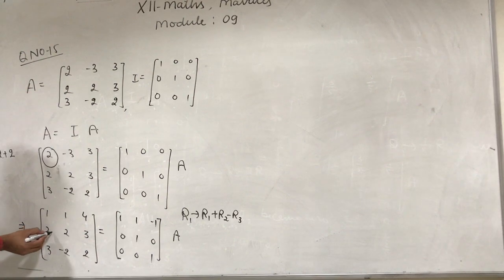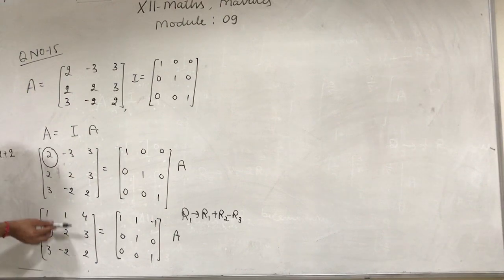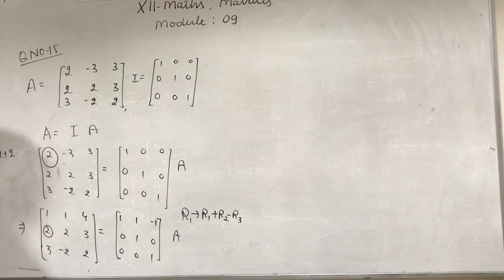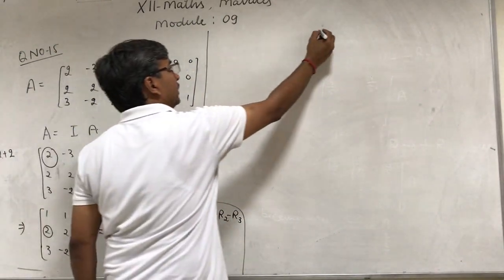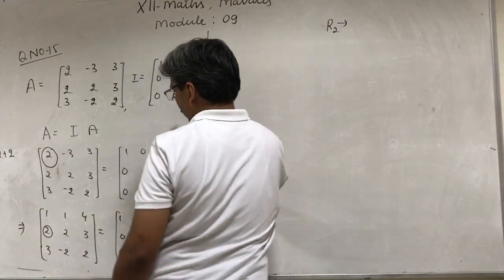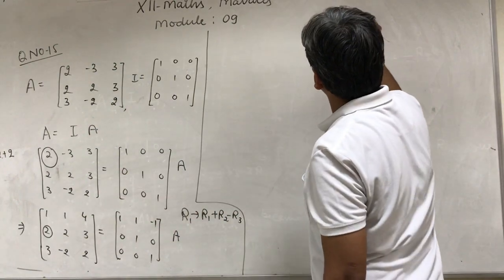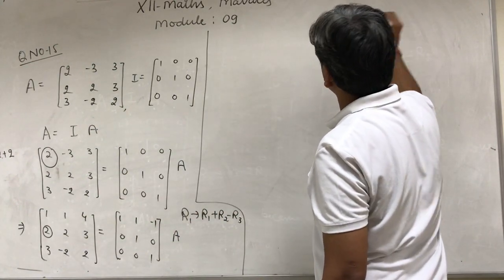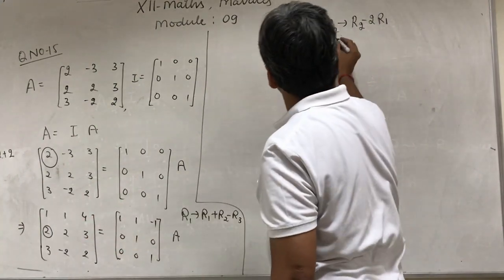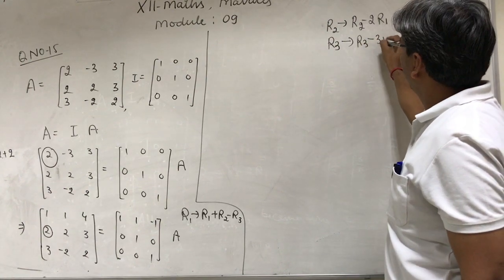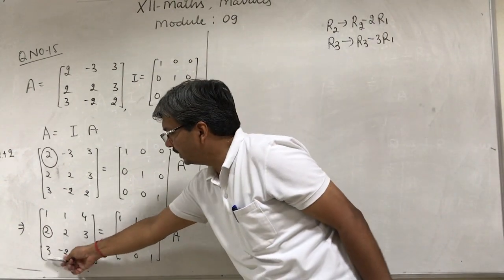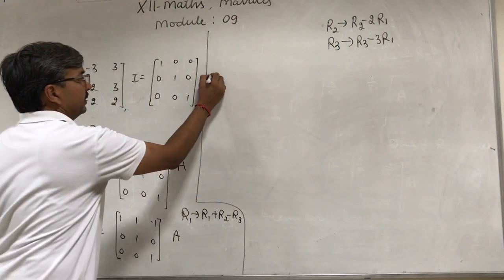We will change this. Make this 1. 2 minus 2, it means R2 minus 2R1. And this 3 minus 3, R3 minus 3R1. We will apply these operations now. Apply R2 change to R2 minus 2R1 and R3 change to R3 minus 3R1, and we will get,